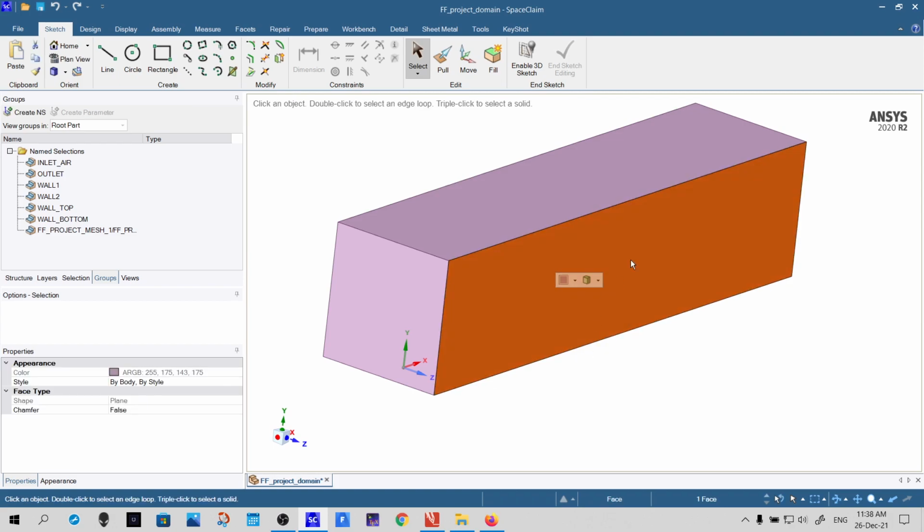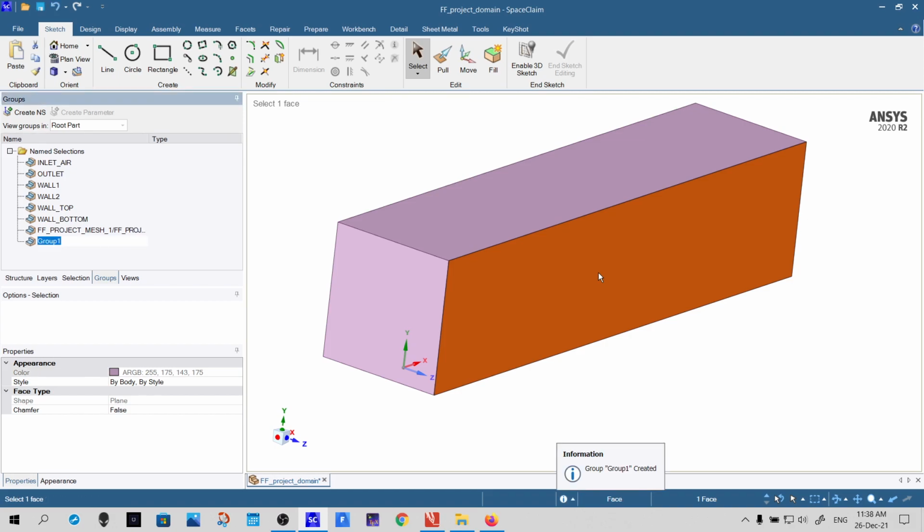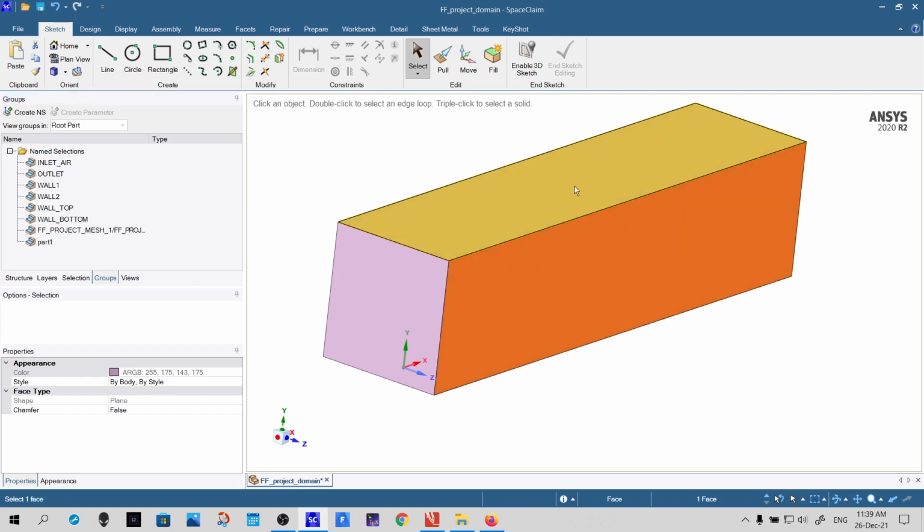As I click here, it will be highlighted, and press Control plus G. Some group 1 will be highlighted. It's a new part. I can change its name as per my convenience, say part 1, and hit enter. So this becomes part 1. The same way you can name all the boundaries, but as I already have these parts,